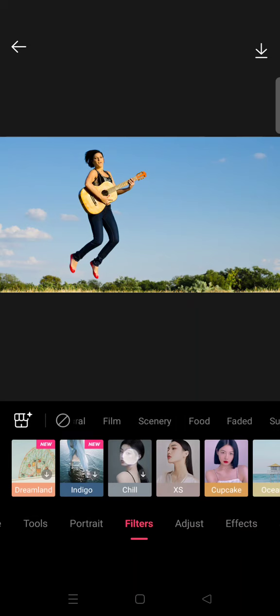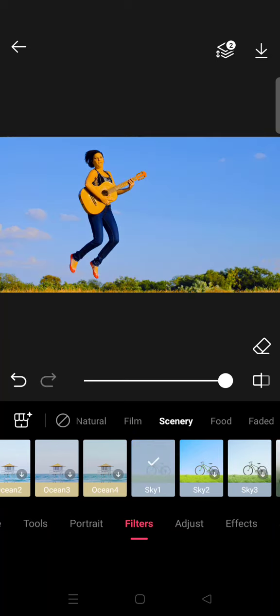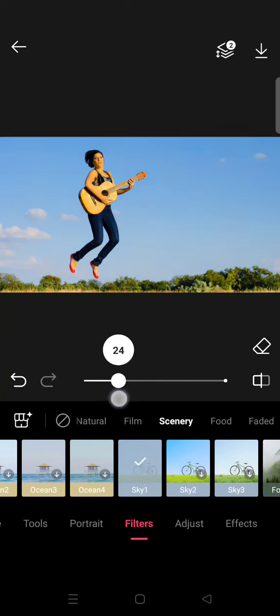So go to filters and then select scenery. This one's right here, and then choose the sky one right here, and then adjust the filters to your liking. So I'm going to go with 25, and then